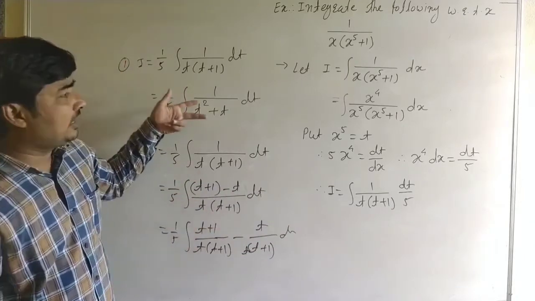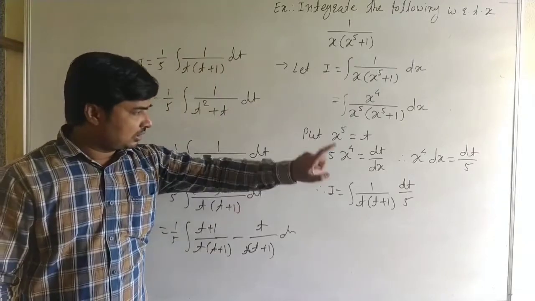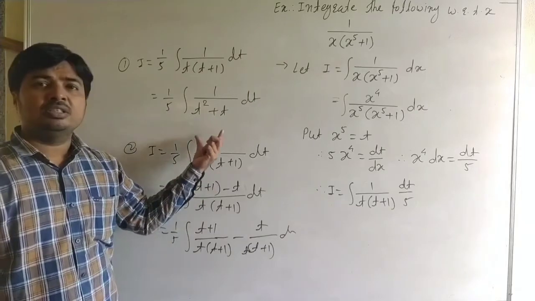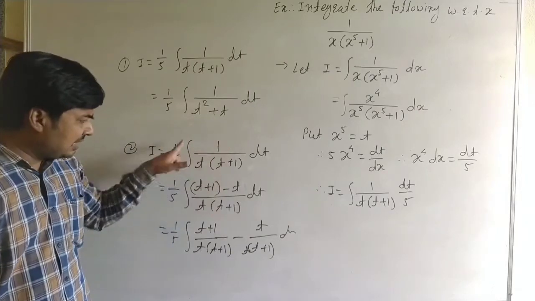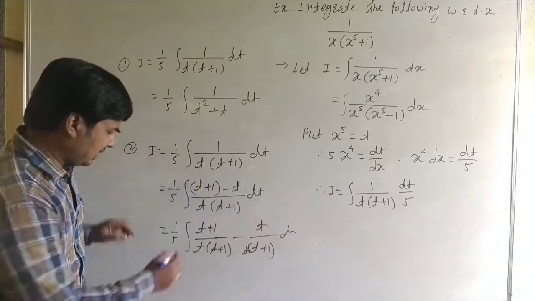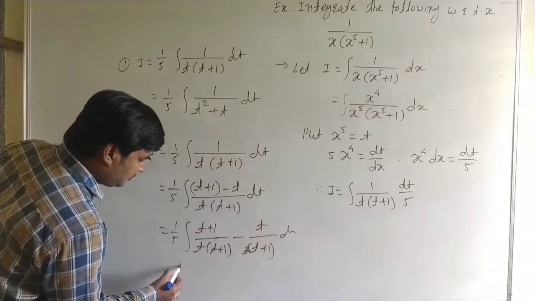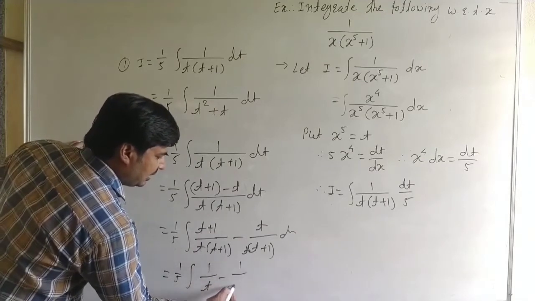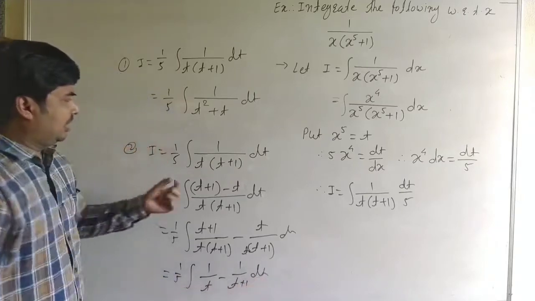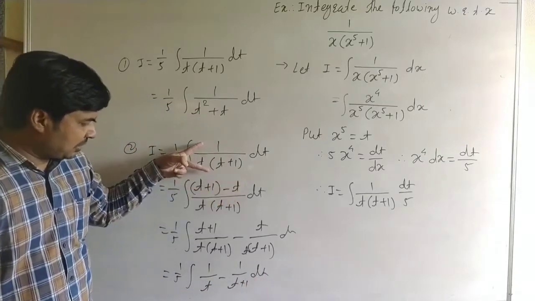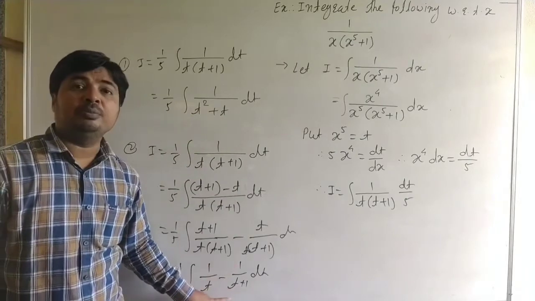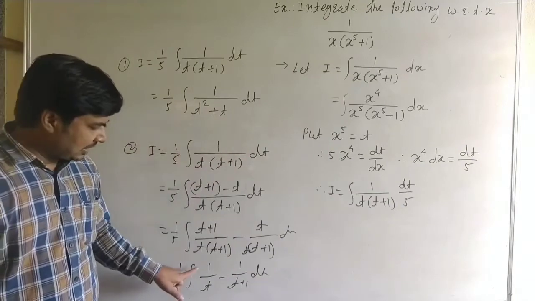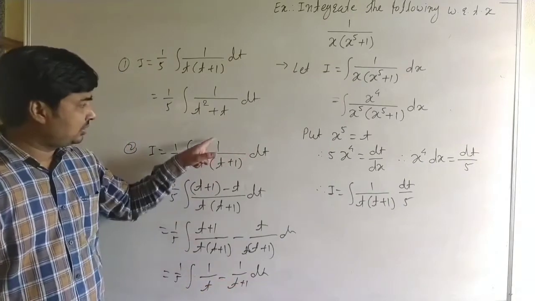In the exam you can solve by any one method: the partial fraction, directly completing the square, or adjusting the two linear factors in the numerator. This adjustment is a partial fraction. Here we can write 1 by 5 as it is, 1 by t minus 1 by t plus 1. Here 1 upon t into t plus 1, we can express in the form 1 by t minus 1 by t plus 1. It is a partial fraction. It is a rational function and this is a partial form of this rational function.